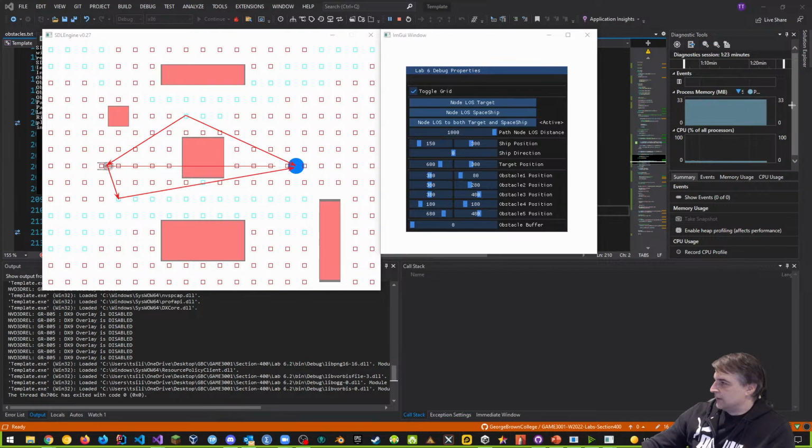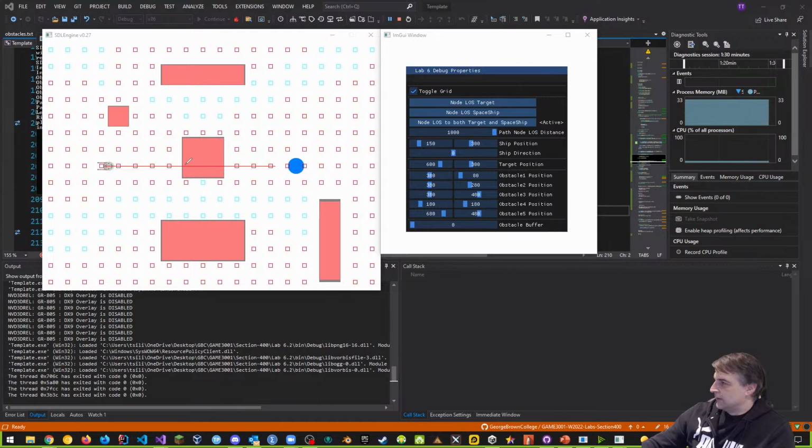Now, from what I understand from Alex, what he wanted to do is make this something that you did dynamically. So that means if I had a control, or maybe a button that I would click, if I clicked on the button that said, find the line of sight distance, that's one thing. One thing I also want to check is the ship itself, does it have line of sight? Right now it says no. You can see that that's clearly not the case, doesn't have line of sight.